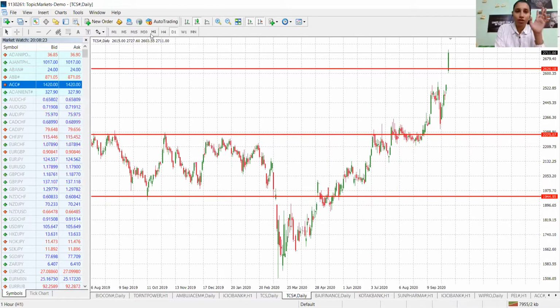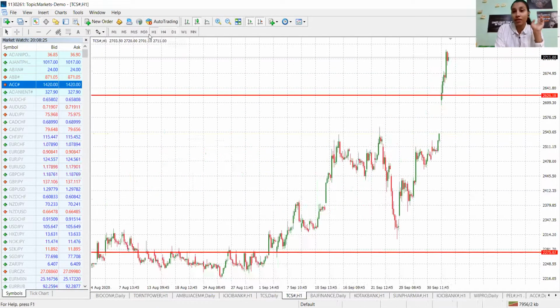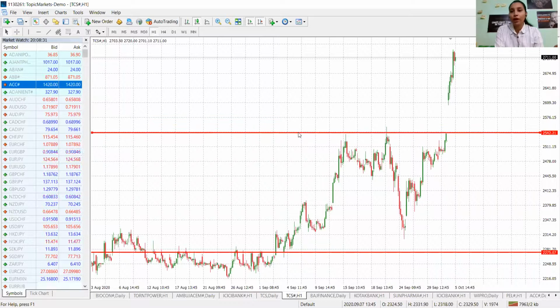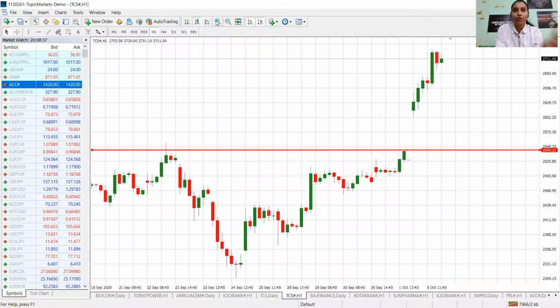In this stock, I saw it in the morning when we had a discussion, and she asked me whether she should book the profit. I said no, why are you booking the profit? It will go up. You need to be smart in booking the profit. Just have a look at it. For example, I can see that the market has opened on a gap up, and I still feel that it will go up from here.